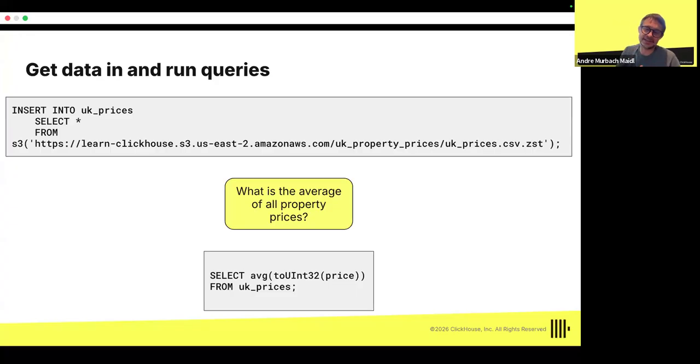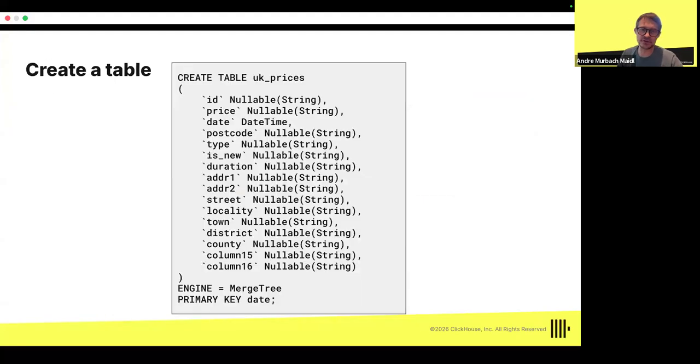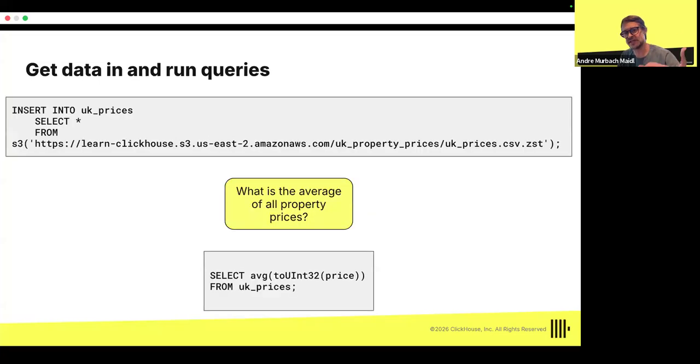Because remember, in this example, instead of using the schema that was created by the load table that we had here, I use a more simplified version with all strings. Since the average function is expecting an int, I'm converting the string to an int so I can use it here.